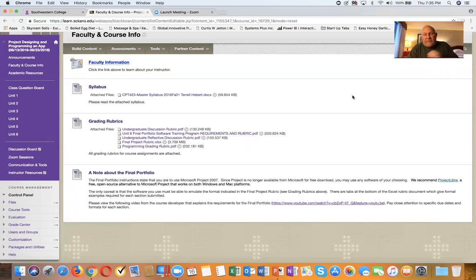I want to first let you guys know that the end of the semester final assignment is broken out between each unit. Starting with Unit 2 through Unit 6, you're going to see sections of your final project that have to be completed. In the final project assignment rubric, they mention you must have Microsoft Project